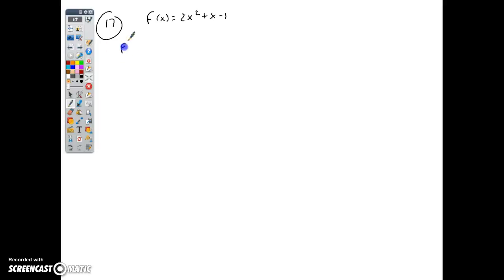So if I want to find the derivative, I'm going to use the formal definition: the limit as delta x approaches 0 of f of x plus delta x minus f of x, all over delta x. Agreed? And therefore, I'm going to plug in my function. Everywhere you see an x, I'm going to replace it with x plus delta x. So I'm going to go limit as delta x approaches 0 of